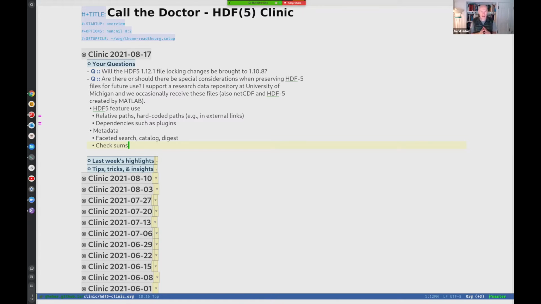I wouldn't call it exactly header information, but what you could do is, for example, dump an ASCII version of the hierarchy, so to speak. There's a command, and I can add this to the notes. That would be great. Like h5dump with some options depending on how extensive you want that information to be.